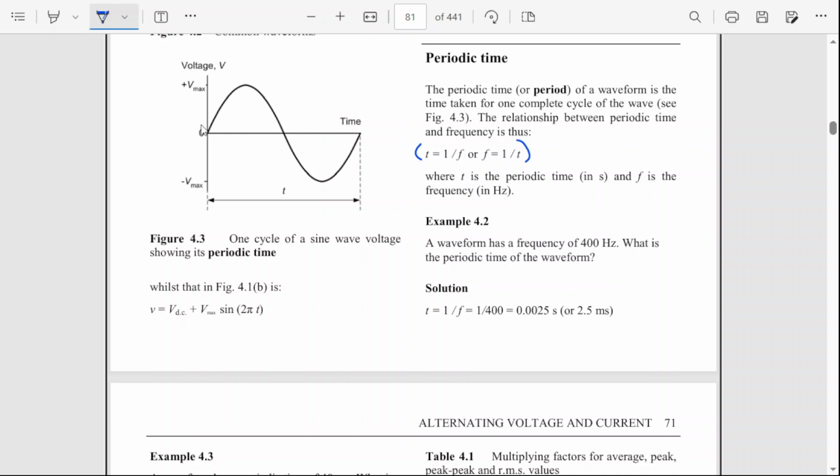And it says that a period is the time that it takes for the signal to complete one cycle. So this is one full cycle here, from this point until this other point. Okay,